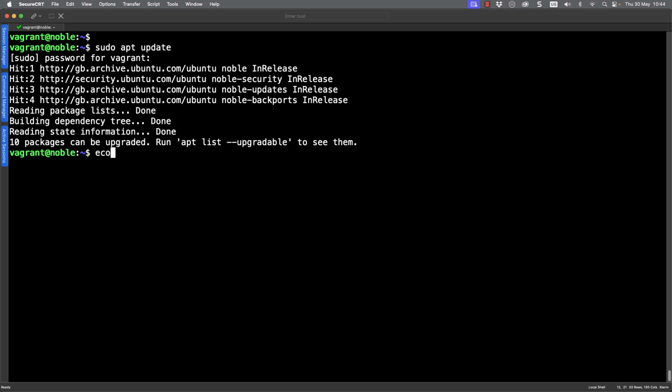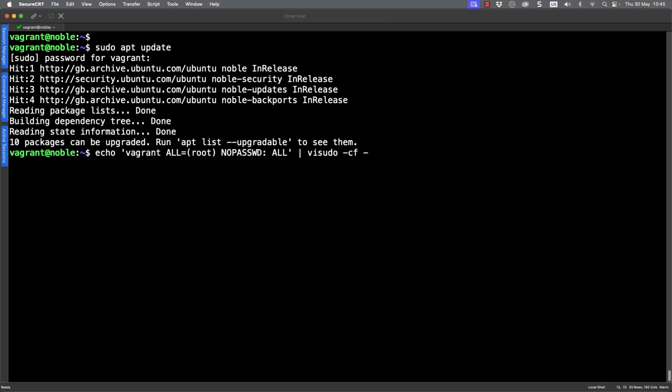So I'm going to use the echo command now to create myself a sudoers configuration. And we can write through allowing the vagrant user on all hosts that this file is placed on to sudo as the root account without having to use a password for all commands. I can echo this to the screen to make sure that it's working okay, but I can also pipe it through to visudo to check the configuration.